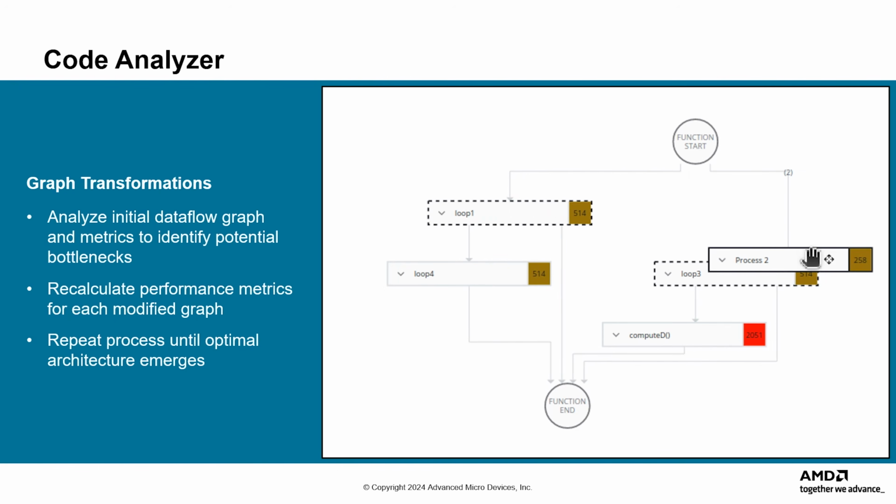Based on the data flow graph decomposition and the measured and estimated metrics, you might determine that the graph is not ideal as shown. You can modify the graph by merging processes to perform what-if type design exploration. When the graph is modified, new performance metrics will be determined from the new architecture. Iterations of this design process could result in a blueprint for an ideally architected solution, which you can use as the basis for refactoring your source code.